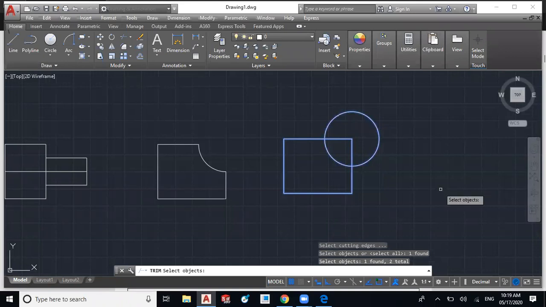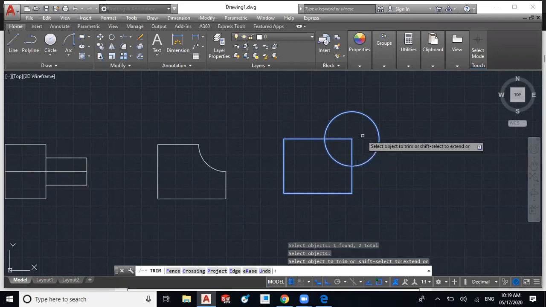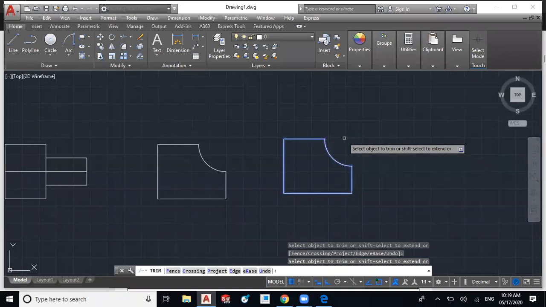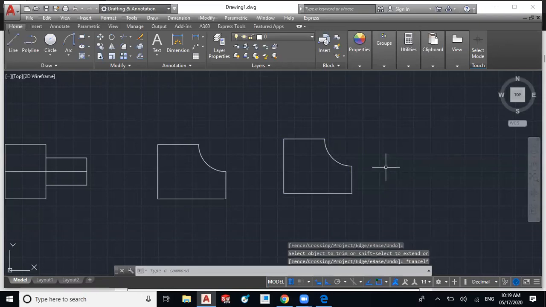So both objects are cutting edges to each other. We select both, then enter, and then select the outer part of the circle and these edges too. That way you can create a similar object by using the rectangle, circle, and trim commands.